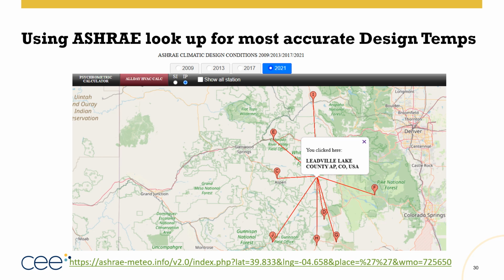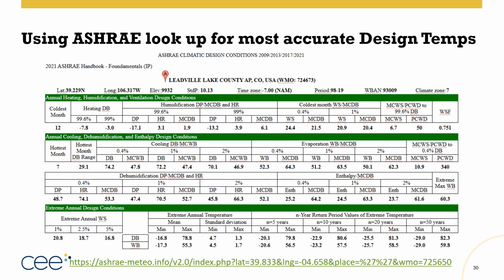What you do is you zoom in on this map, and then you right-click. Sorry, those of you that are Macintosh users. You right-click on the map, and it will pop up the closest weather stations to the location that you clicked on. So again, I clicked on Leadville. I could use the Aspen one. I could use a couple of other locations around here. But yeah, I clicked on Leadville, and it's pretty good. What it will then give me for Leadville is this, annual heating, humidification, and ventilation design conditions. Same with the annual cooling, dehumidifications, and